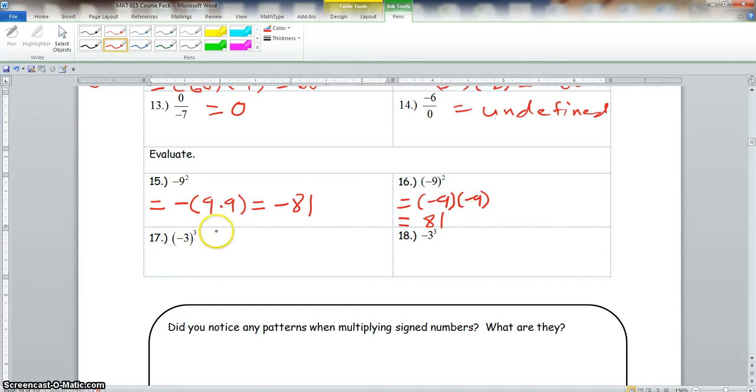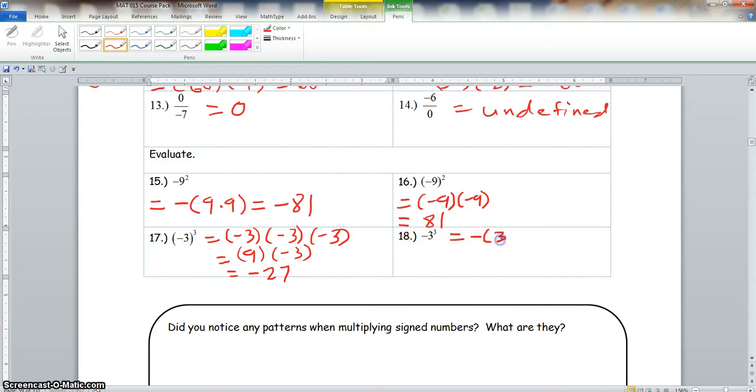We have negative 3 in parentheses to the third power. So we could do this. We add negative 3 times negative 3 times negative 3. Negative 3 times negative 3 is positive 9 times a negative 3. Positive times a negative is negative, and 9 times 3 is 27. So it's negative 27. Now with 18, remember this negative sign is not taken to the third power, so it'd